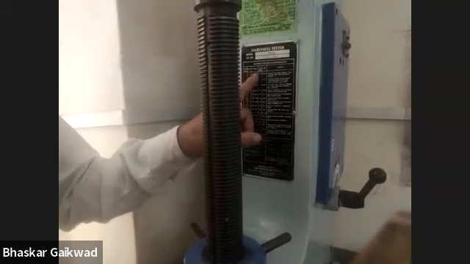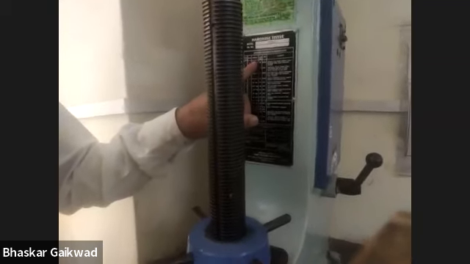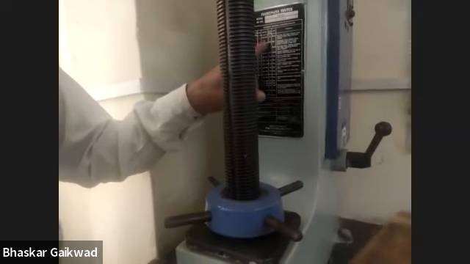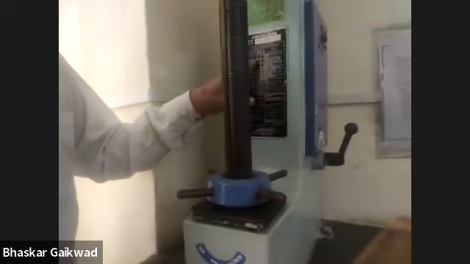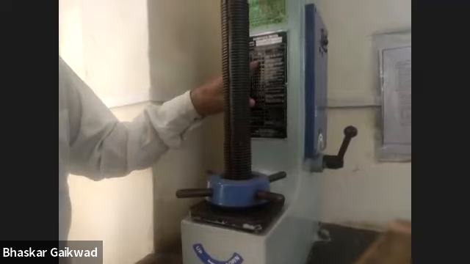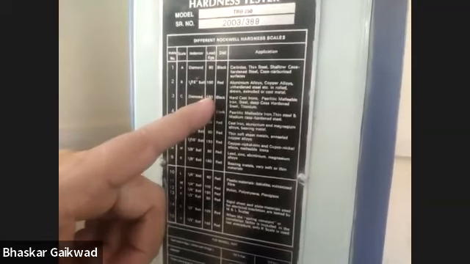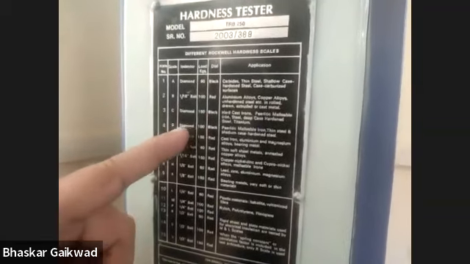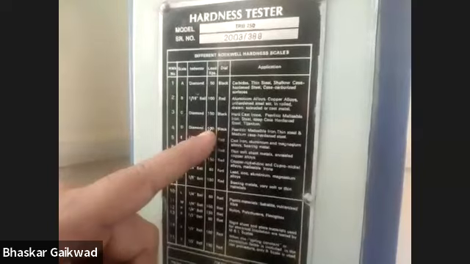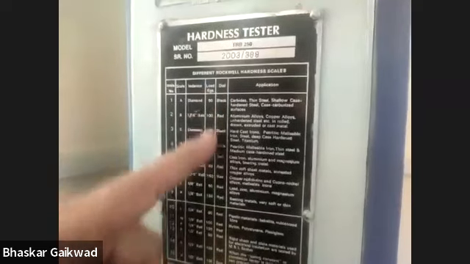For the A scale we use the diamond indenter. Then for the B scale we can use a 1/16 steel ball indenter. For C we use the diamond and the load is 150. For D, diamond, the load is 100. These loads we can adjust on this side. Now I will show you how to adjust the loads. Here is the button.